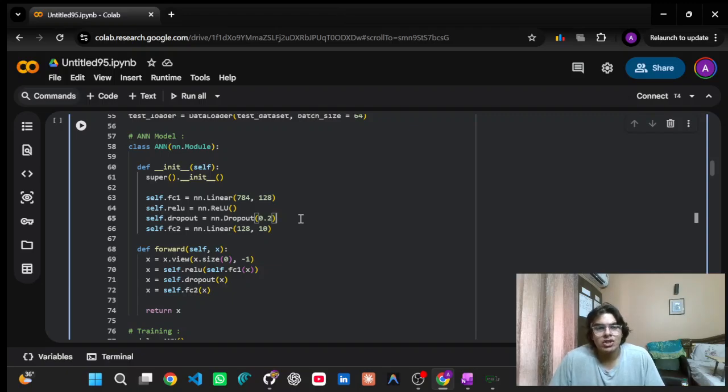In traditional machine learning, we had L1 and L2 regularization along with elastic net. Here we have the dropout technique. 0.2 basically means 20%. So in training, the model will randomly drop 20% of all the neurons,